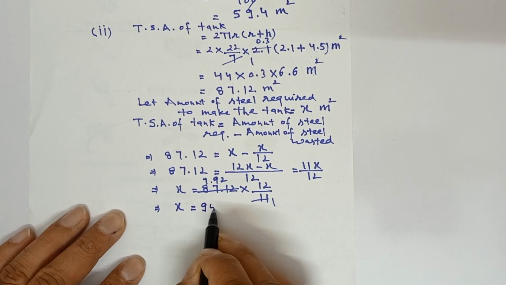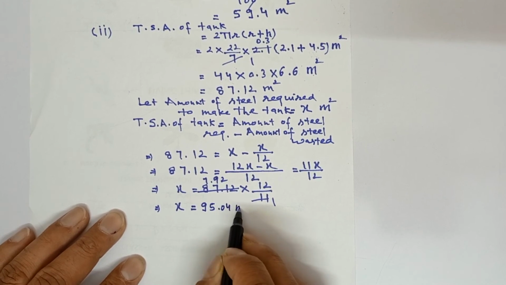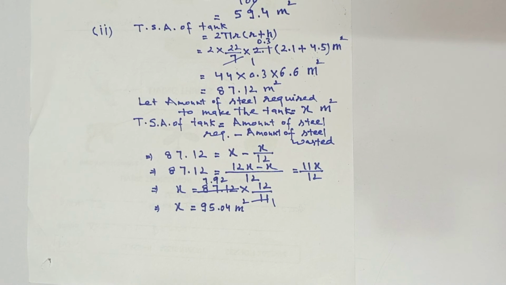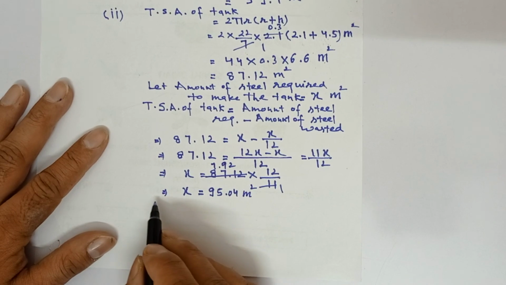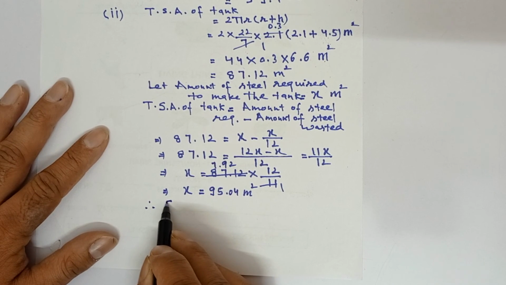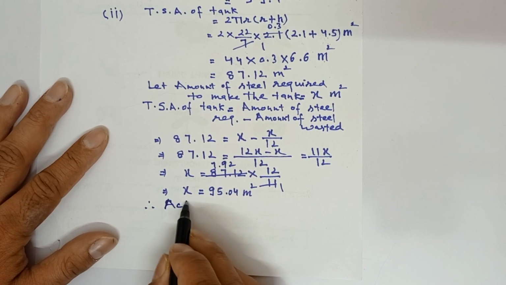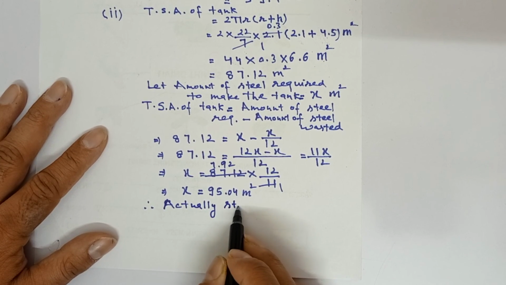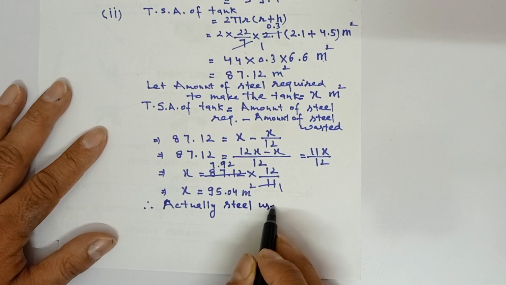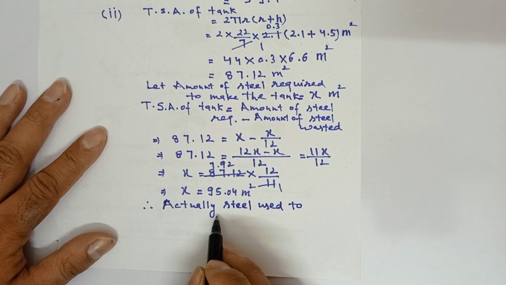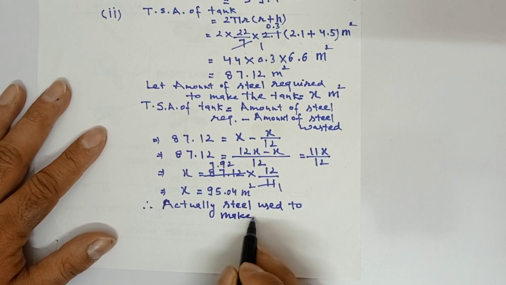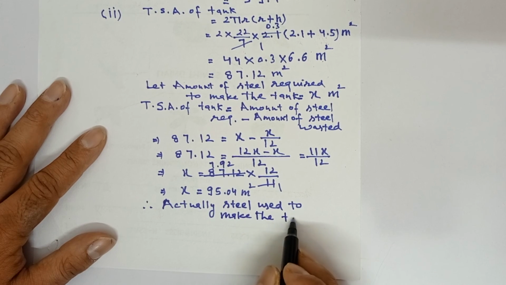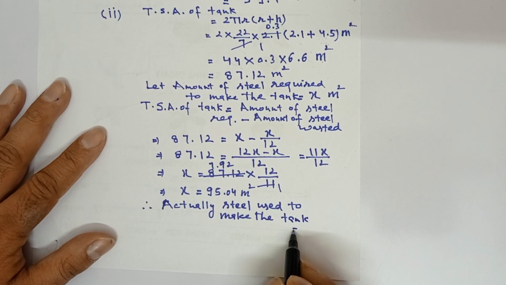It will be 95.04 meter square. So this is the steel actually used to make the tank. Therefore, the steel actually used to make the tank is equal to